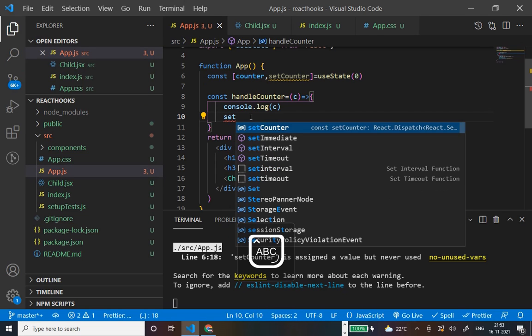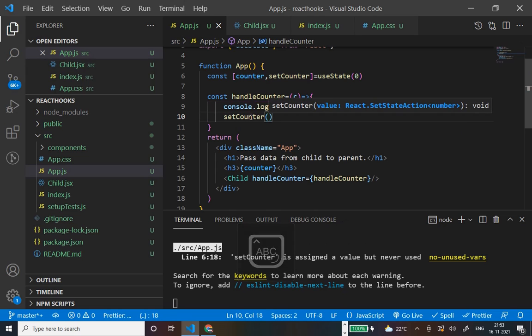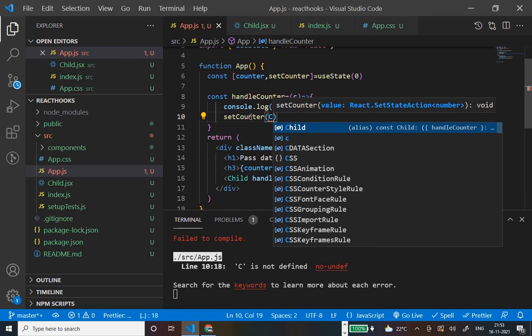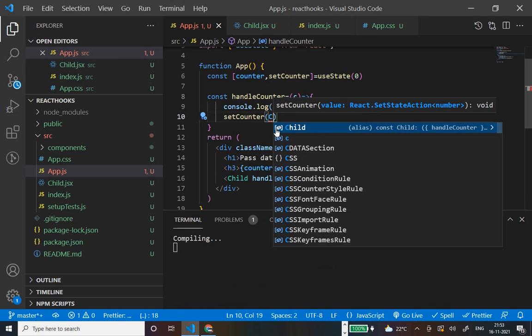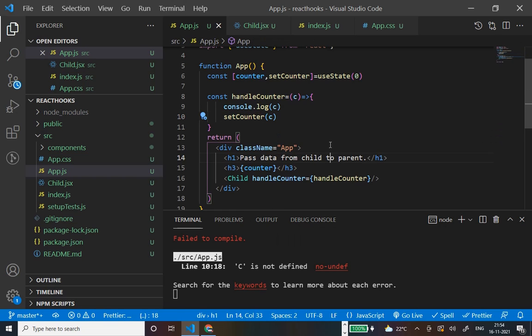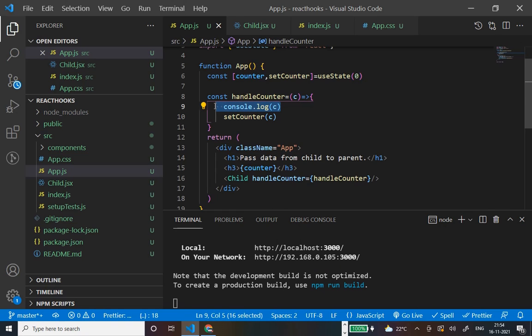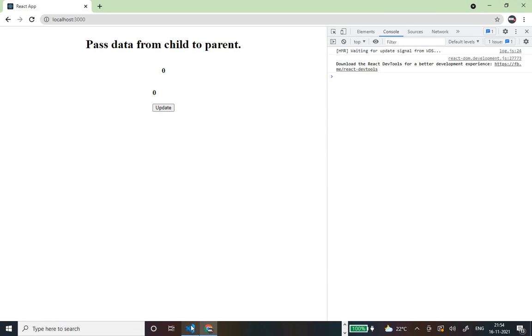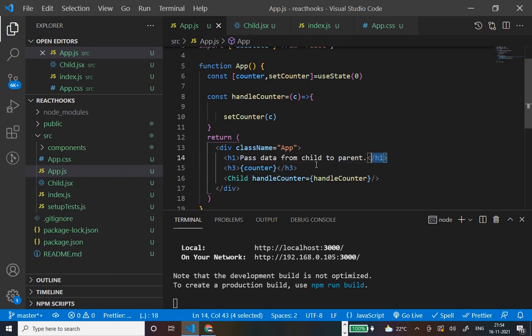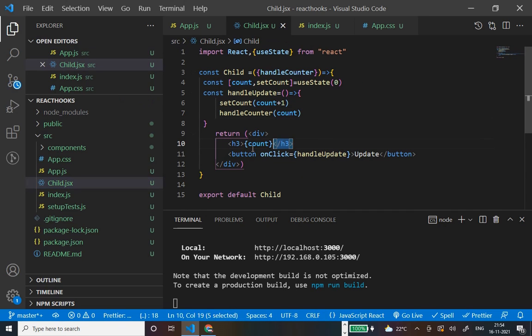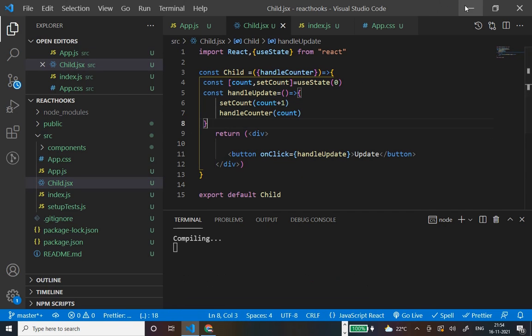We just need to update the counter with the value we are getting from our child component. That's it. Whatever we get from the child, we update using setCounter. Let's remove this unnecessary stuff, and we'll remove the count value in the child also.